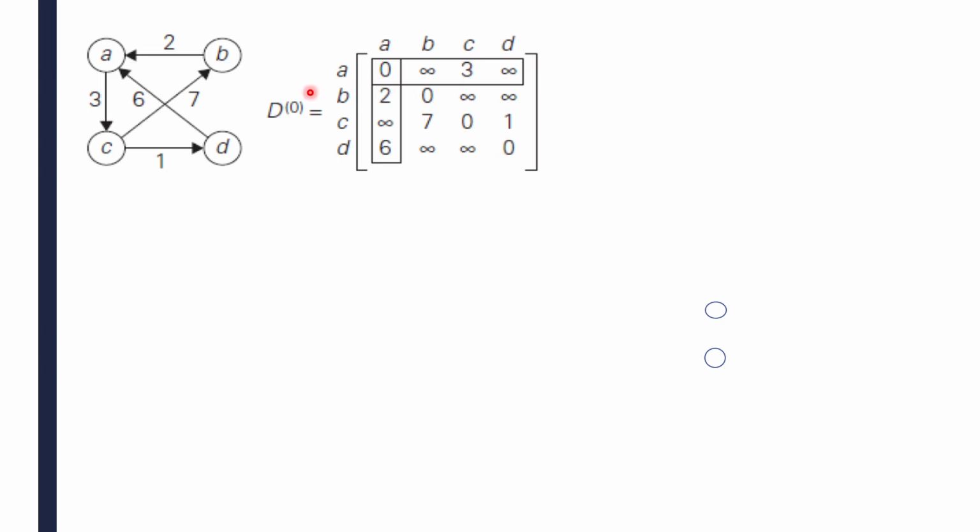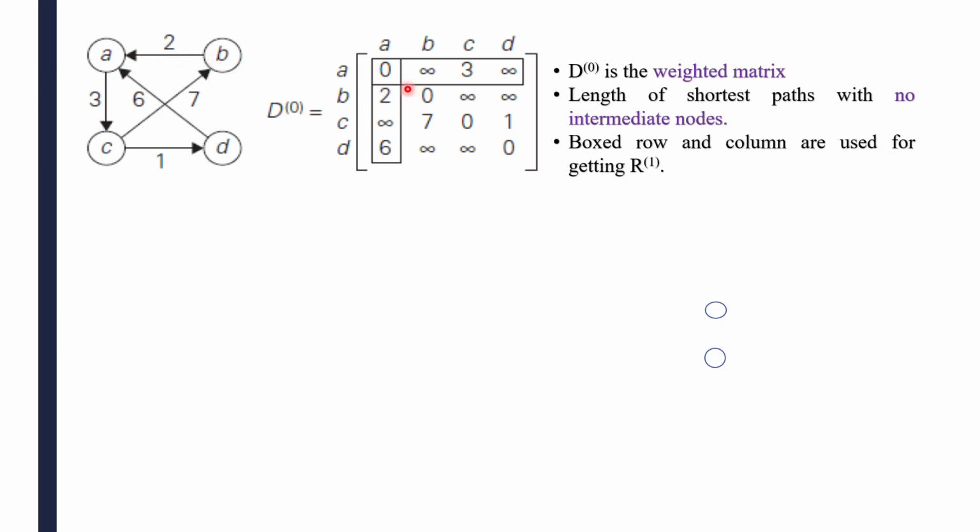So now, without any intermediate nodes, direct paths from source to destination, we have to calculate now. Source is A and destination is B. Is there any path between these two? That has to be a directed path. A to B, there is no directed path here. So at present it is not there. In future you may get the path here. That's why I'll take this one as infinity. If I don't know whether a path exists or not, and if it does exist, what the distance is, that one I'll get to know in future. Then I can take that one as infinity here.